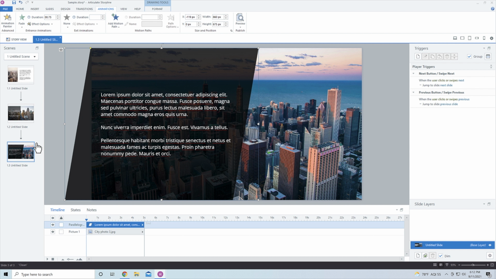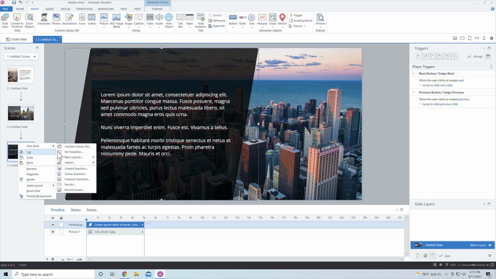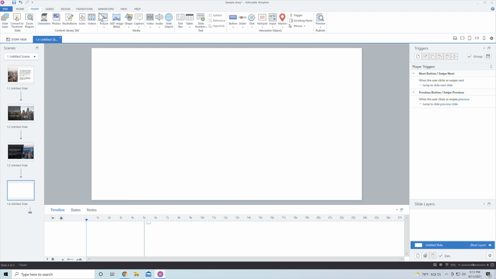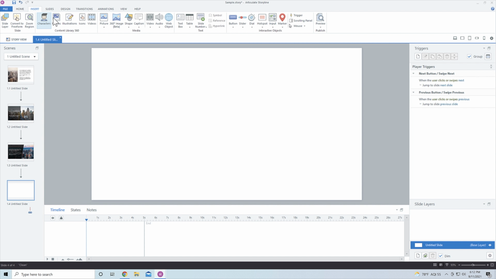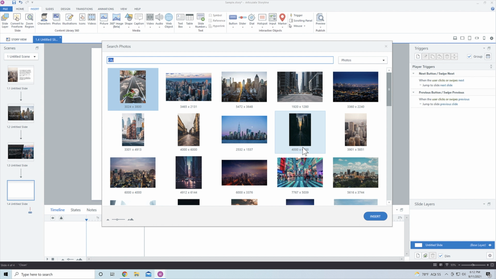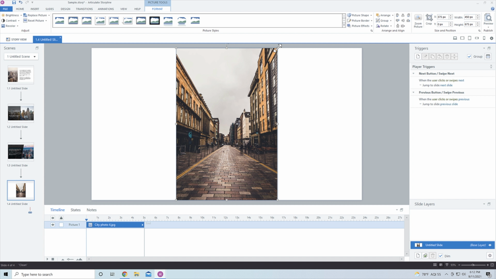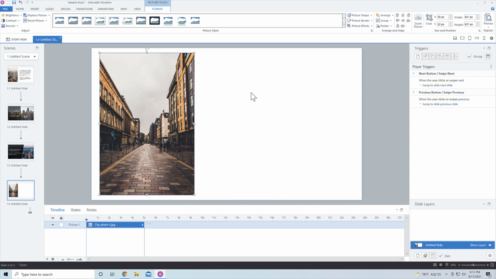All right, so a couple other things that I can do. Let's go ahead and insert another page actually. So new page, basic layout, blank page here. And so let's add one more picture, but we're not going to have a full picture here. Let's go back into the content library and let's have a landscape picture like that, or sorry, a portrait picture. And maybe we have this kind of adjusted right there. An image is essentially a shape.